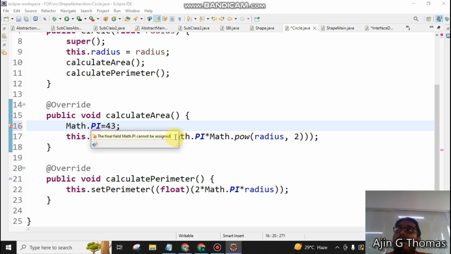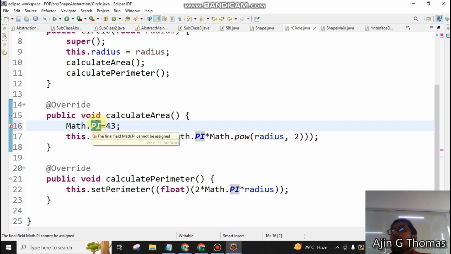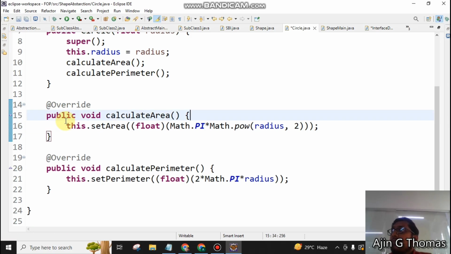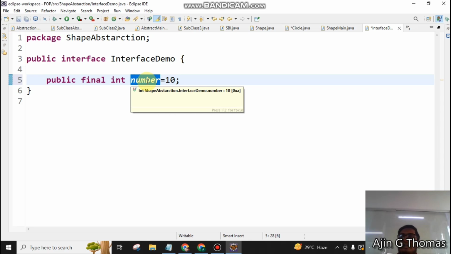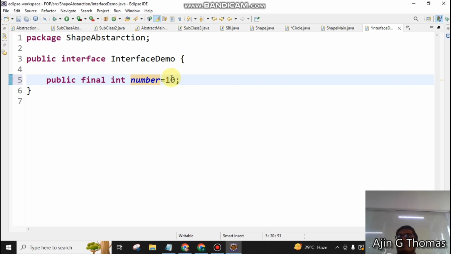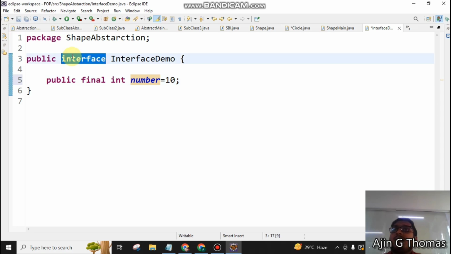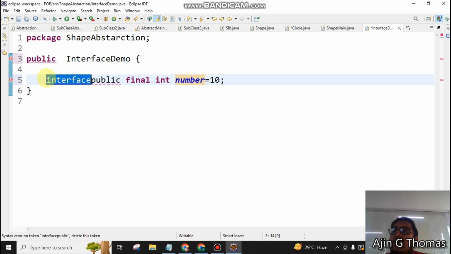Cannot be assigned, because it is a final variable. Final variable means what? Constant. I cannot reassign. So pi is an example of a constant variable. So here also I have created one constant data. I cannot change the value after giving this data. 10 is the value. I cannot change this value 10. Getting my point? So an interface will contain only final data and also